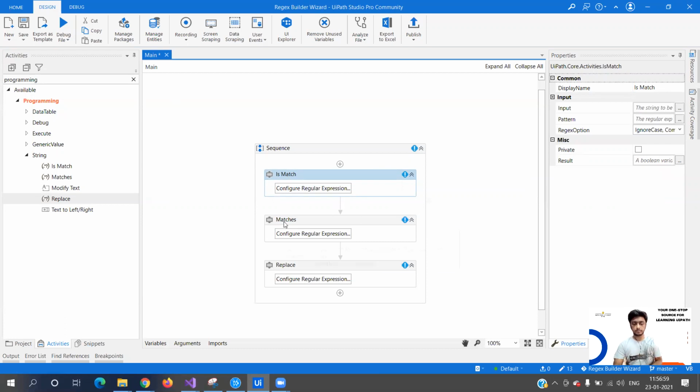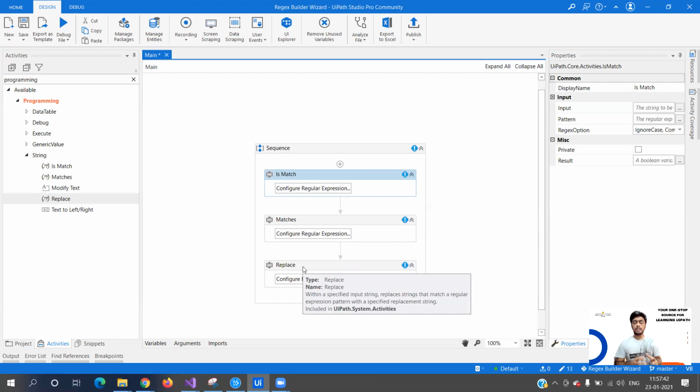Now matches: it searches an input string for all occurrences of a regular expression and returns all successful matches. For example, if I have a string where I am writing the selling price and the buying price, like I bought apples for rupees 100 per kg and I sold them at 120 per kg, now what I want to do is extract only the two numbers, that is 100 and 120. We'll see how we can do that as well. I'm creating this video and doing it myself for the first time. I haven't built anything, so we'll try to implement such use cases.